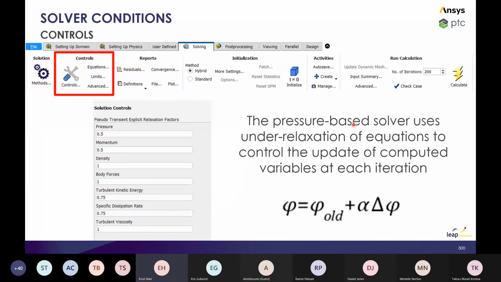Into the next tab, we've got our controls. We did go through this yesterday, our under relaxation factors. So we've got an under relaxation factor for all of our equations. And remember that our relaxation factor is to do with the difference between the solution variable calculated at the two different iterations. So we've got our old,